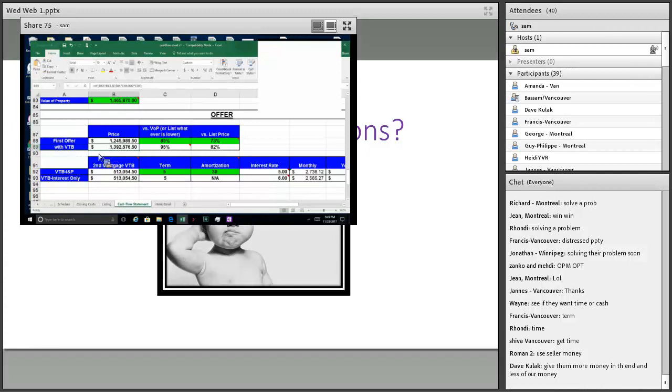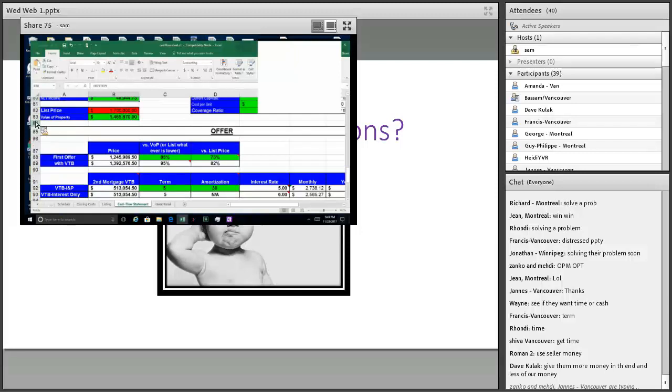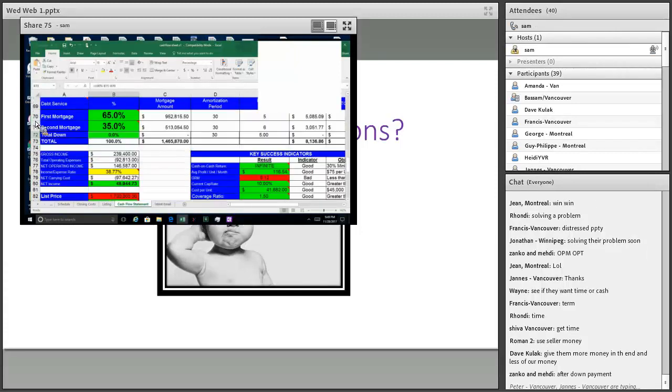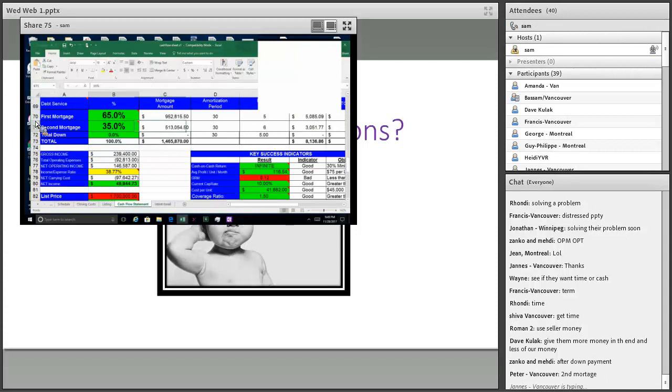Okay? Now, when we come down here, we see VTB with interest. Principal and interest, and here we say interest only. So VTB, interest and principal, it's $513 for both, right? We're asking for $513. Okay, does anybody know where this number came from? The $513. Anybody want to guess? Sorry, it came from this number right here. Second mortgage. The VTB remembers the second mortgage, right? The VTB identifies the second mortgage.